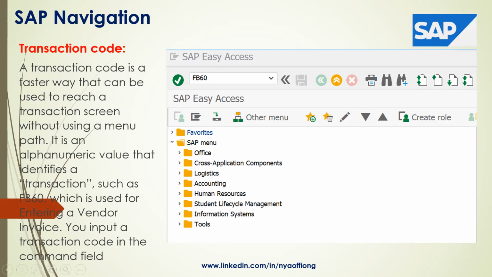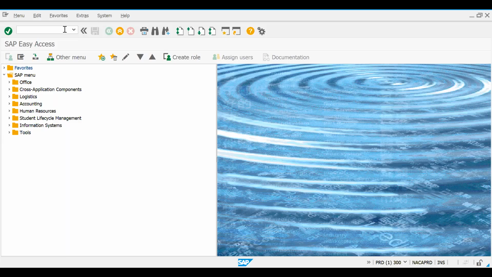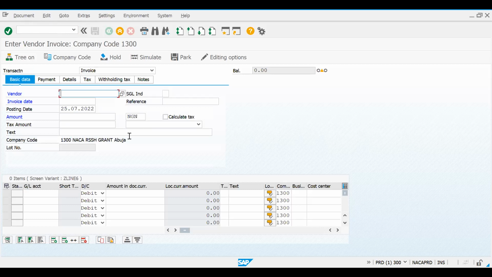Let me demonstrate that. So for instance, I want to do FB60. This is a transaction code, FB60. Once I key in the transaction code in the command line, okay? It takes me to the screen directly.